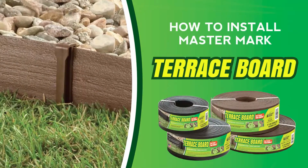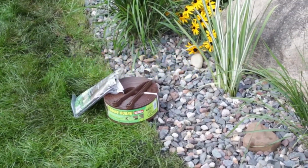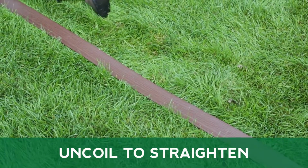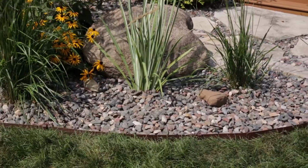Mastermark Terrace Board provides a textured wood-grained look to your landscape design, is easy to install, and perfect for making borders around planting beds. Before beginning installation, uncoil your terrace board and allow it to remain in the sun. This will help straighten out the edging prior to installation, increase the flexibility needed for curved designs, and decrease the